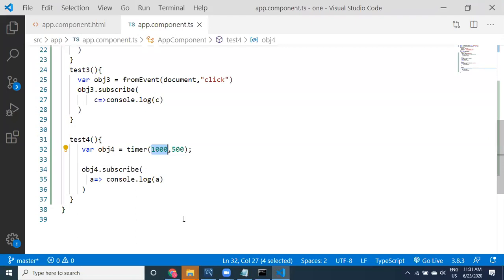So maybe I'm going to give you 0, which means immediately it starts without waiting. The first thing is the wait, and the second thing is the interval. You can provide 1000 or 2000. I'm going to take 2000, which means 2 seconds.